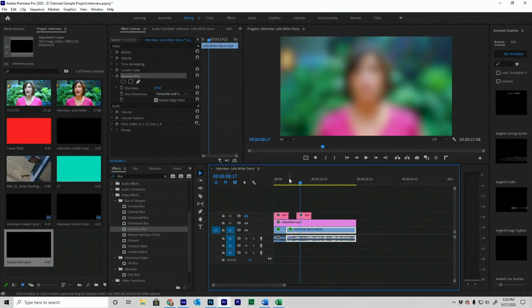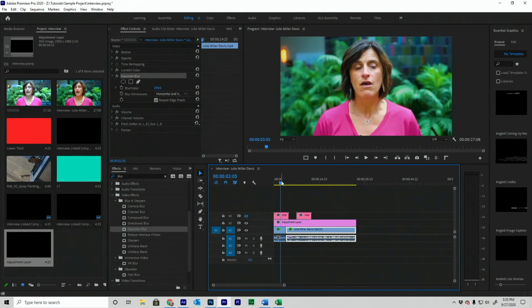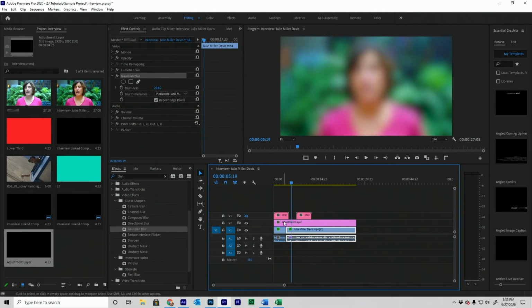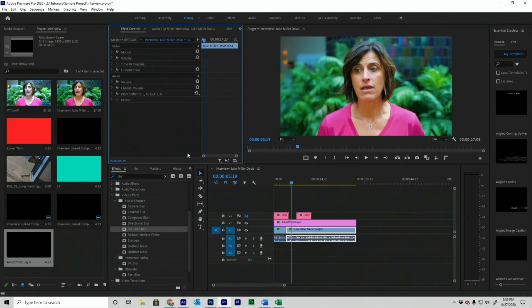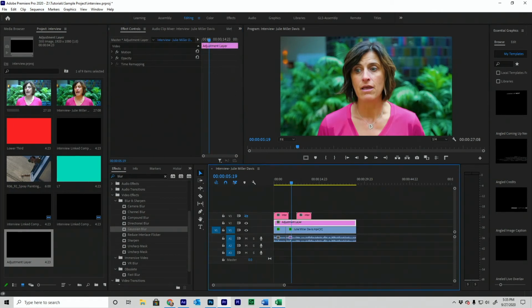And this is a good example because I've got two clips here, right? Well, I need them both to be blurry. So if I go to my adjustment layer and drag out a Gaussian blur,